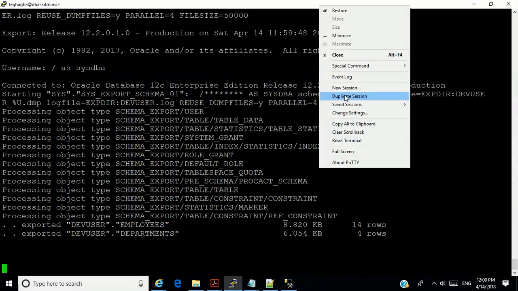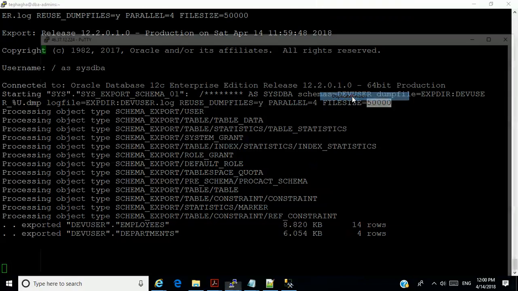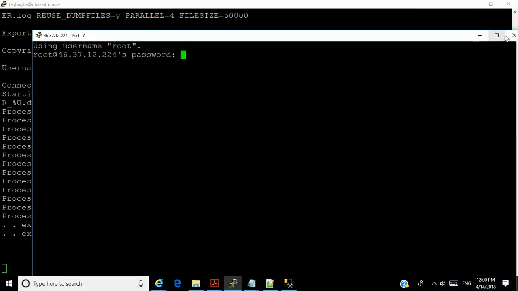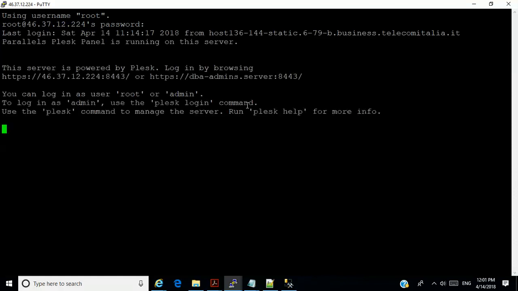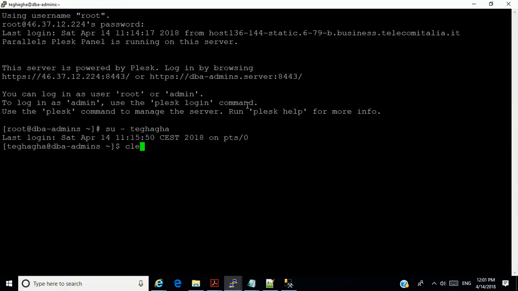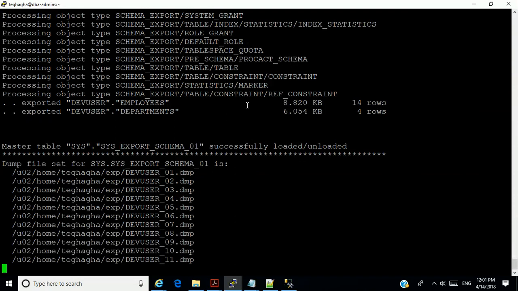While that goes on, let me duplicate the schema, so I can get another one done. Now you notice here, you look at the list.